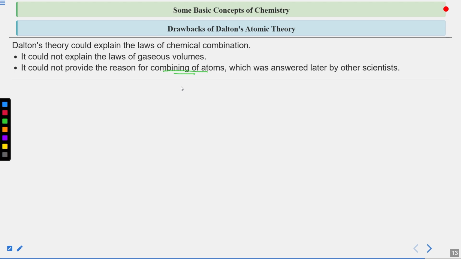And one most important setback was that he said atoms are indivisible, means it is the last standing particle. You cannot get any smaller particle other than atom. But we know in today's world very well that first of all, atoms are divisible into electrons, protons and neutrons. And these protons, electrons and neutrons are also divisible into quarks. So this very idea of indivisibility was dropped after this.